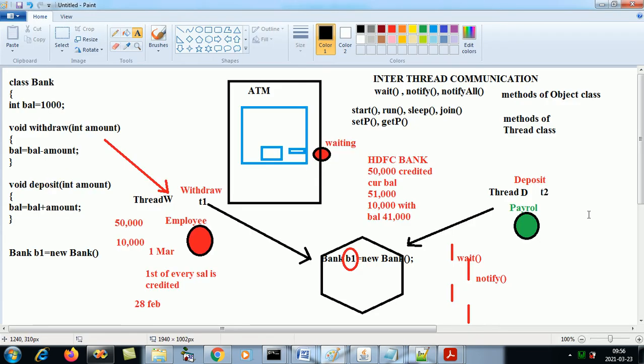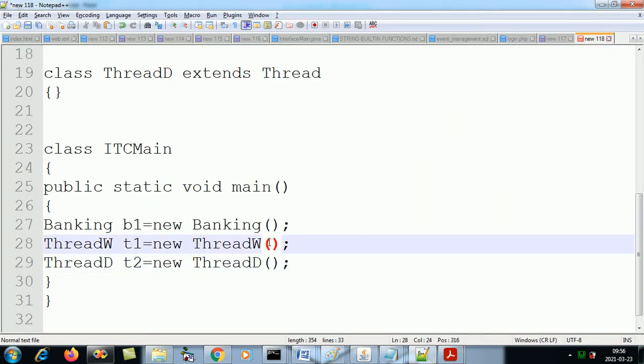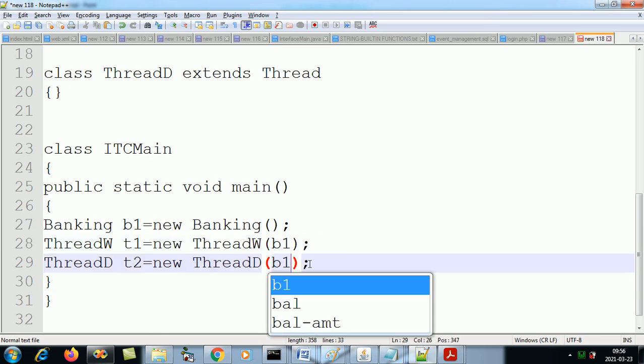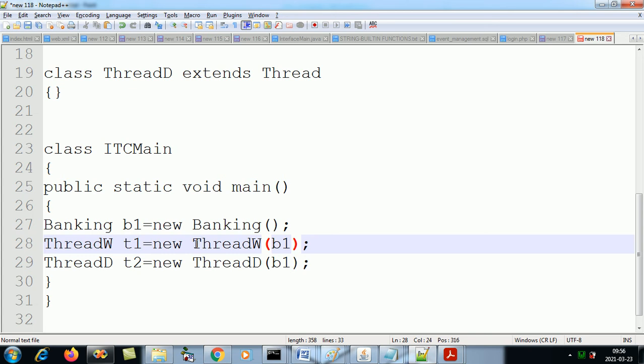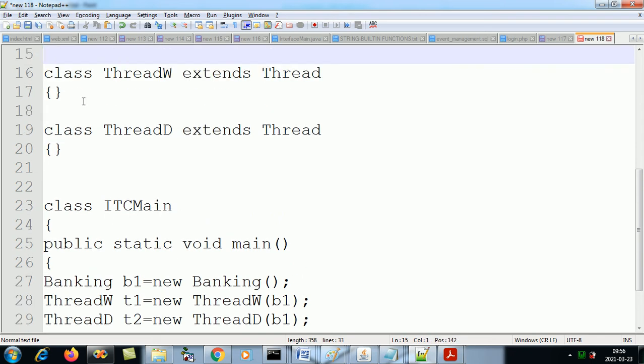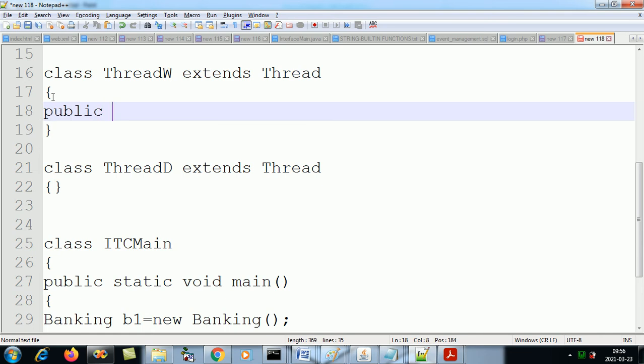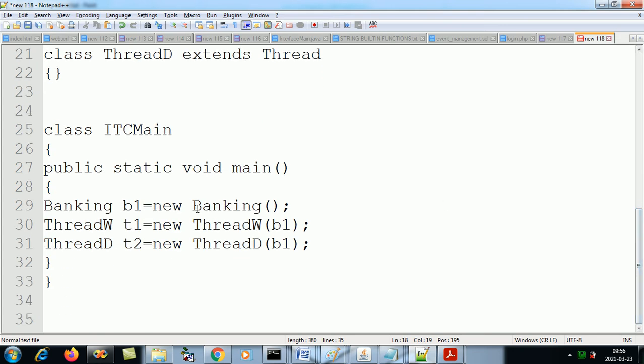Now as they will be working on the common object B1, while creating both, I will pass B1 as argument, B1 and B1. So this B1 will go in the constructor. So I need to create a constructor of thread W, and this constructor will take an argument of which type? B1 is of what type? Banking.